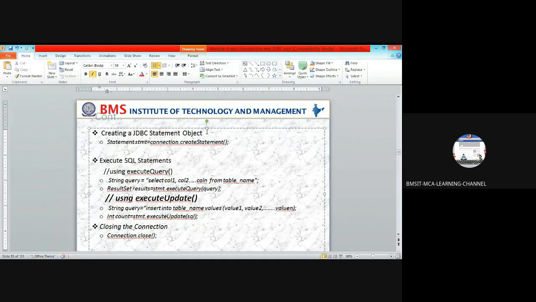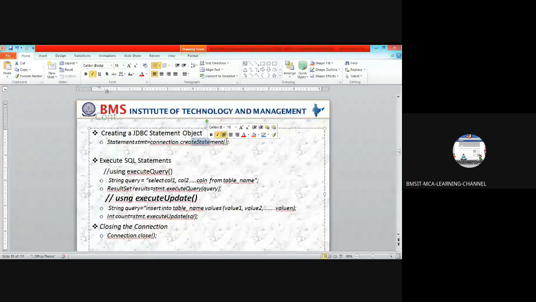Now the fourth step is creating the JDBC Statement object. Statement is an interface. You create the statement object by invoking createStatement on the connection.